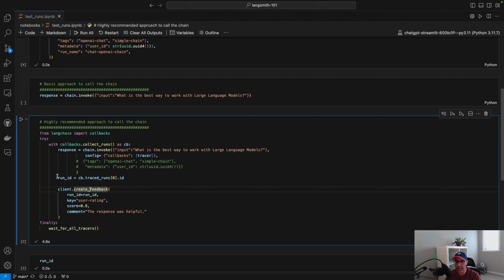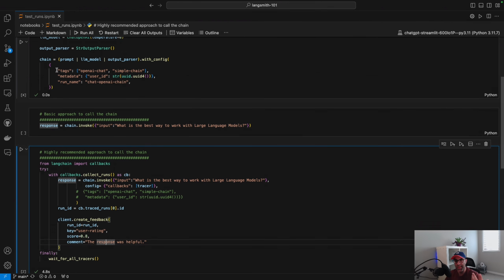So for instance, I get a response from the LangChain, and I view that response, and I can pretty much give a feedback. So this feedback is associated with this run ID. I assign it a key, the user rating, and a score, and also I can put a comment. So to take advantage of Langsmith from the initial state, right now we're just capturing all information from the language model, and we're interacting with it at an initial state. Later on, once you have a larger amount of data on your Langsmith, you can create a dataset, you can have a playground.